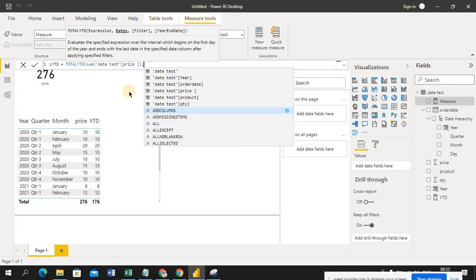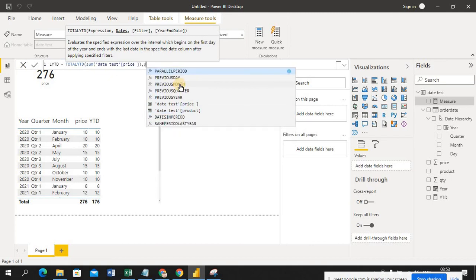For YTD I just took order date, but now I'm looking at past orders, like last year's orders. You can see here previous, else parallel period.